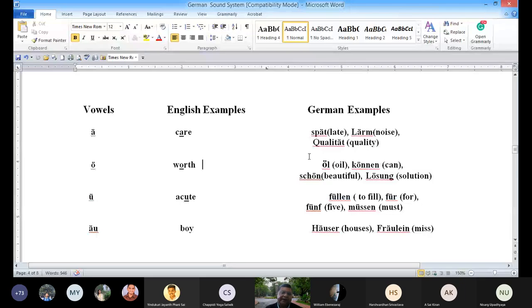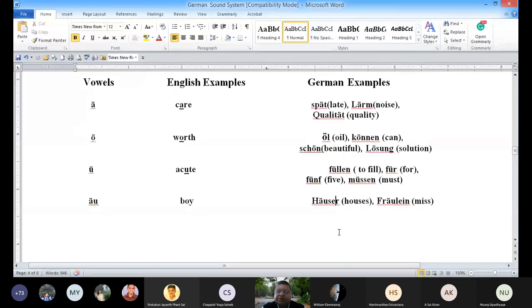Okay, and then finally A umlaut U. It's a very simple one because A umlaut U, as you have learned earlier, is like toy and boy, meaning the oi sound is coming. So here it will be pronounced like that. Häuser, H umlaut U ser. Haus means house and Häuser means houses, the plural of house. So A umlaut U is just like oy.